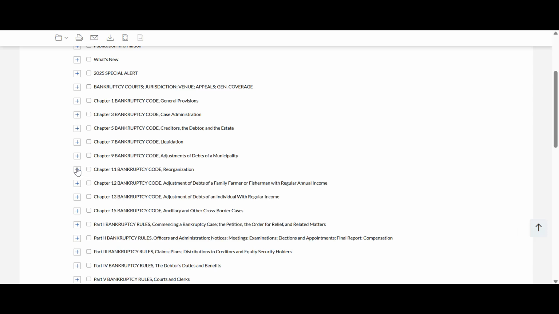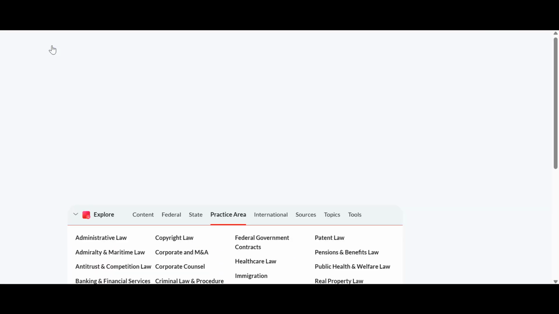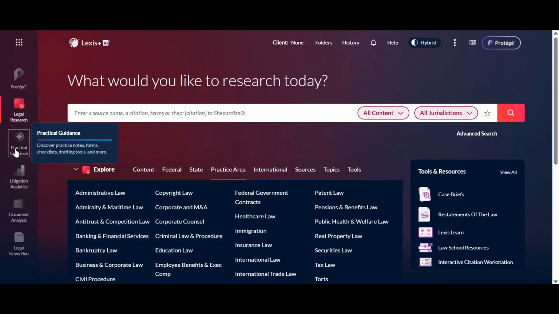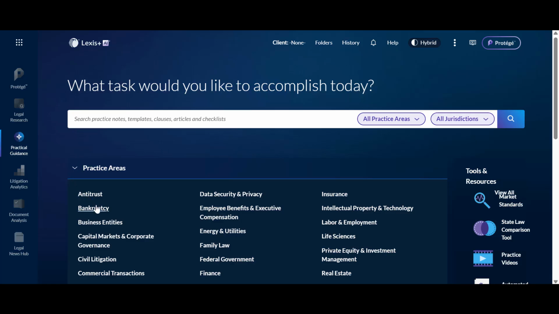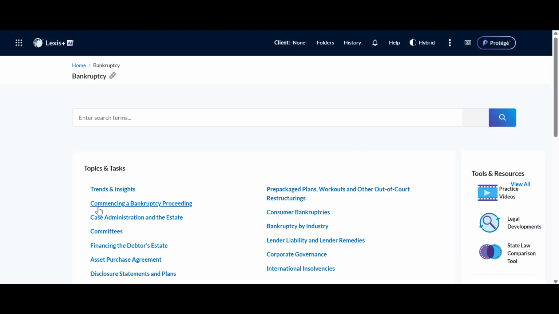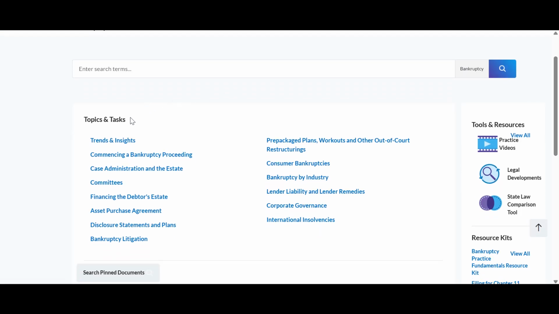case. For assistance completing bankruptcy law tasks, use Practical Guidance on Lexis AI. The Practical Guidance Bankruptcy module offers a structured approach to managing bankruptcy cases by outlining essential tasks and critical deadlines. It streamlines the process for legal professionals, ensuring that all necessary steps are followed to mitigate risks and maintain compliance